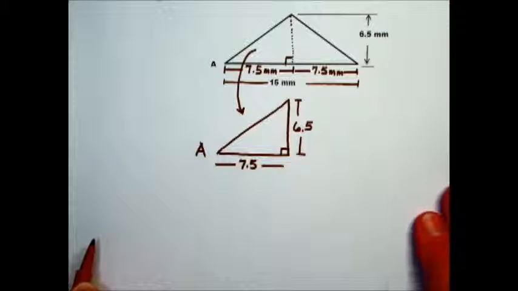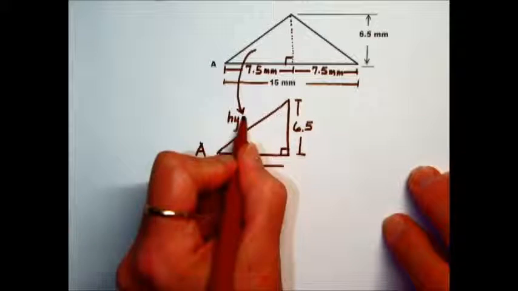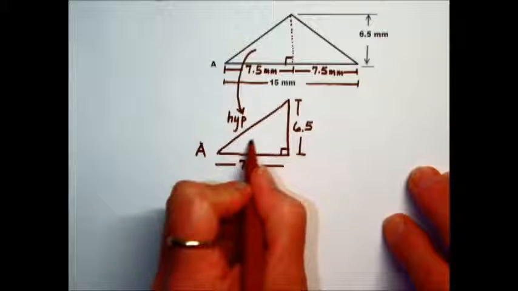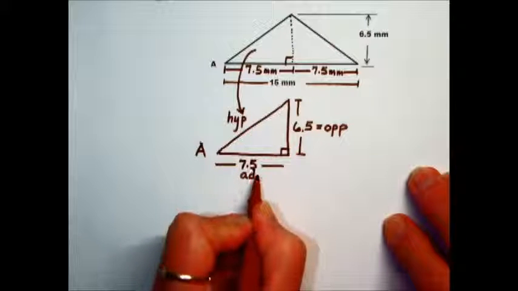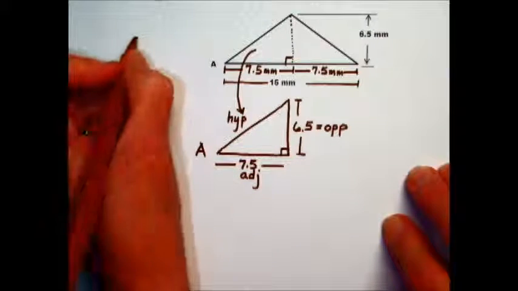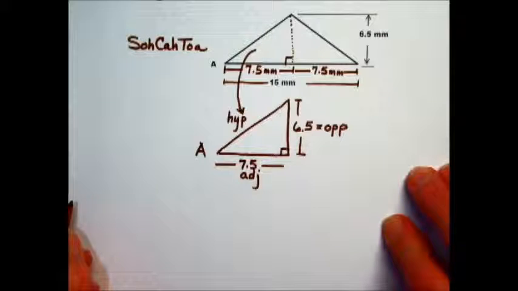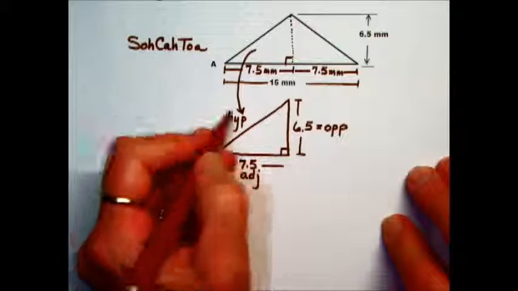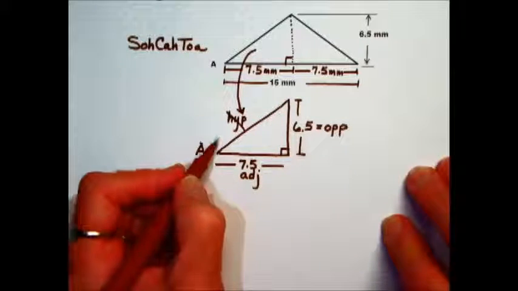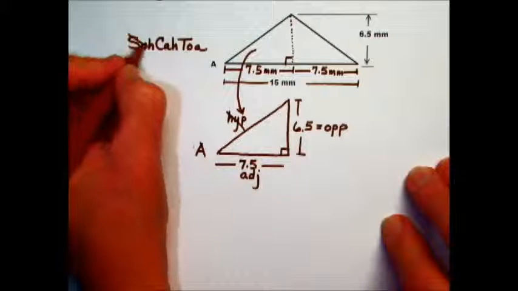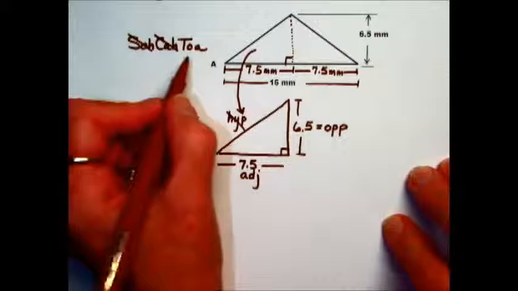And we're ready to label the sides of the triangle. Starting always with the hypotenuse, the side opposite the right angle, then the triangle side opposite our reference angle, we'll label that the opposite, and our third side is the adjacent side. Going to the mnemonic SOH CAH TOA to determine which one of the trig formulas to use. We'll eliminate the hypotenuse because we aren't using that in this example and don't know any information about it. That means sine and cosine, which both involve the use of the hypotenuse, are eliminated. That leaves us with the tangent